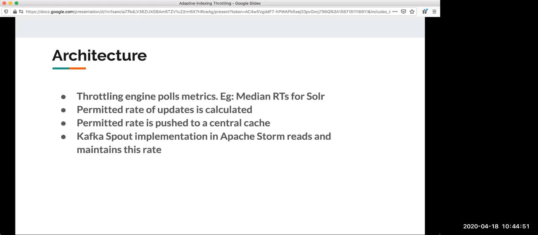So what we essentially did, we went to the data store and asked it, how are you doing in terms of the read performance? It gave you some numbers, it gave you response times. You look at those numbers, you said, okay, looking at these, we can do these many updates on the cluster, and the read performance should not degrade much. So we took this number and gave it to the indexing pipeline and said, this is the rate at which you should index. So this is a system we built where we are polling read performance and calculating a limit and giving it to the indexing part.